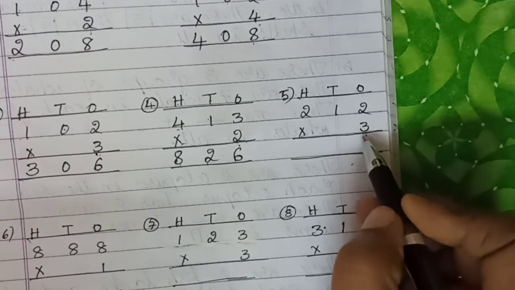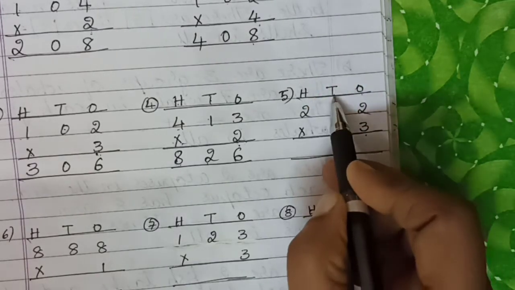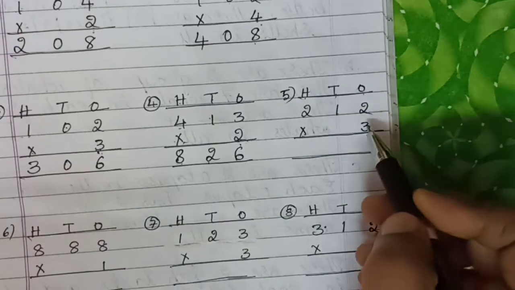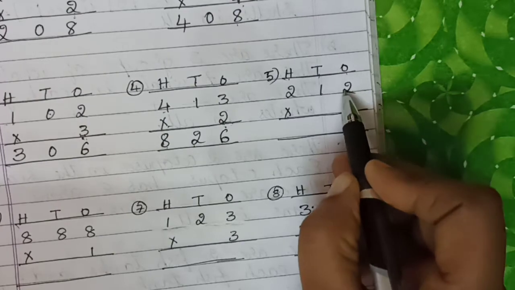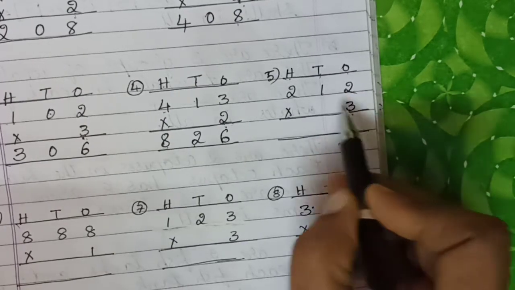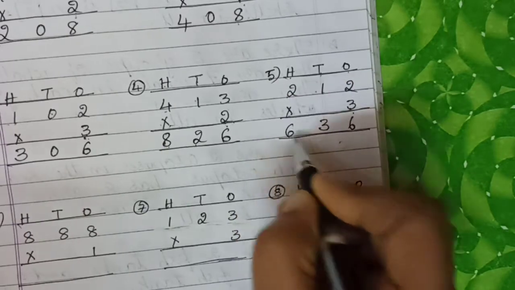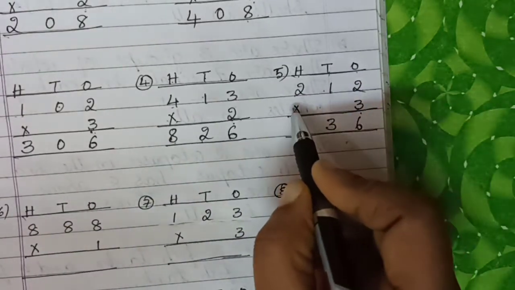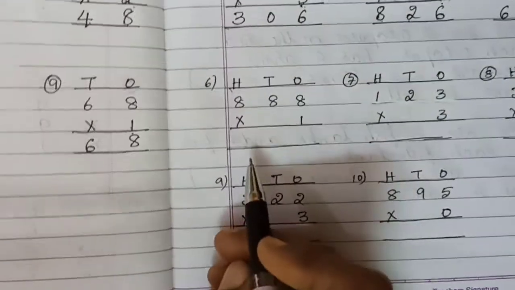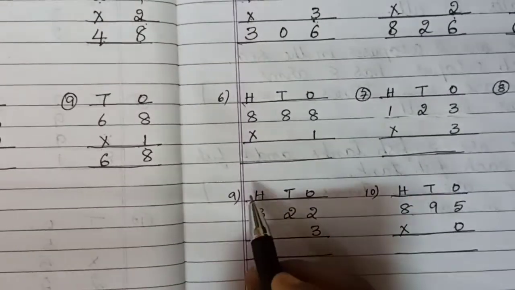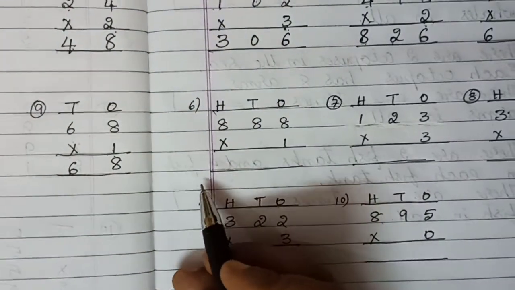Always you should find out the product from the ones place. Then we should go to the tens place. After that, the hundreds place. Now let us find out the product. 3 twos are 6. 3 ones are 3. 3 twos are, yes, you are correct. You also say the tables, children, along with me. Yes, here it is very simple. Does everybody know the tables, children? Yes, I know everybody practiced well at home.